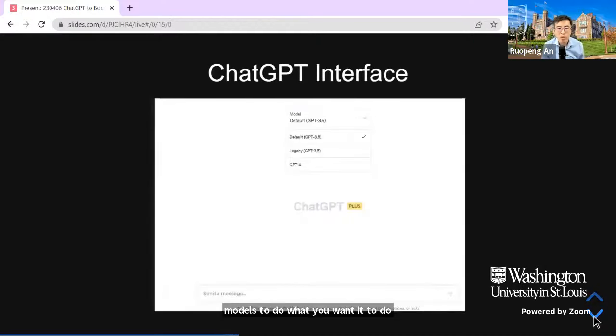So here we take a look at the ChatGPT interface, if you haven't played with ChatGPT at all. The free version of ChatGPT allows you to use GPT-3.5, which is the default and the original GPT model. But if you have subscribed to ChatGPT Plus, which is a bit of an investment at $20 per month, you would be able to access GPT-4, which is a more advanced, state-of-the-art GPT model